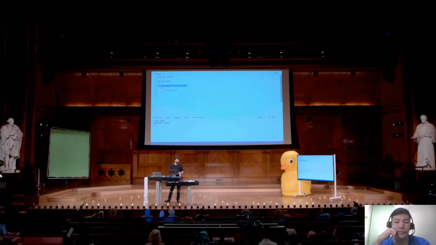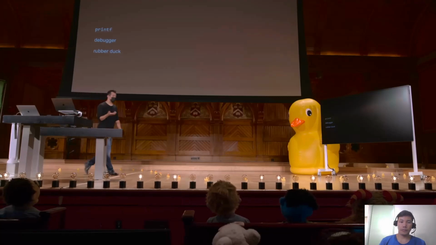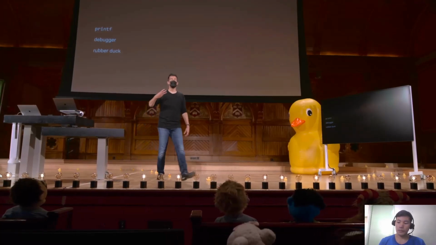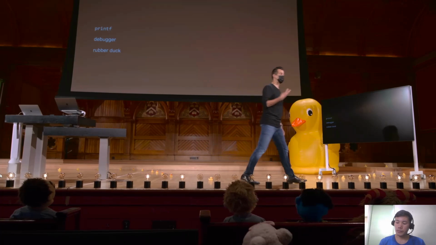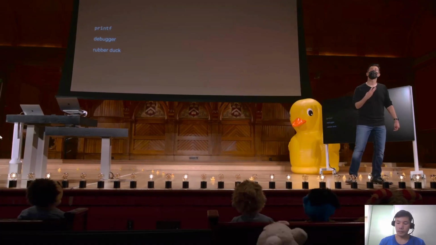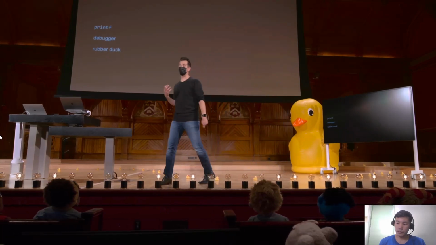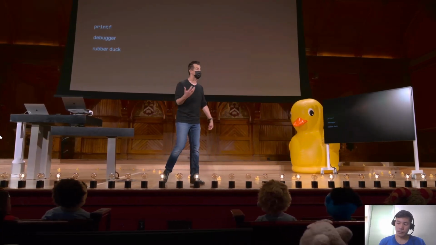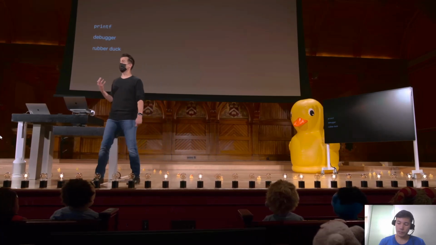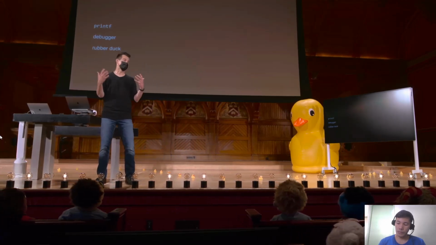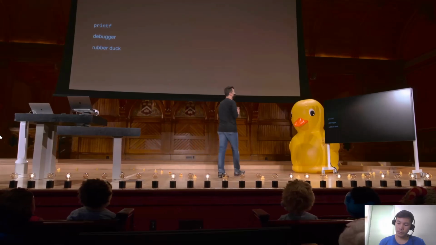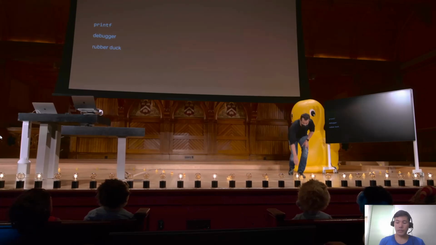All right, so what else? The sort of elephant in the room, so to speak, is actually a duck in this case. Why is there this duck and all of these ducks here? Well, it turns out a third genuinely recommended debugging technique is talking through problems, talking through code with someone else. Now, in the absence of having a family member or a friend or a roommate who actually wants to hear you talk about code of all things, generally programmers turn to a rubber duck or other inanimate objects if something animate is not available. And the idea behind rubber duck debugging, so to speak, is that simply by looking at